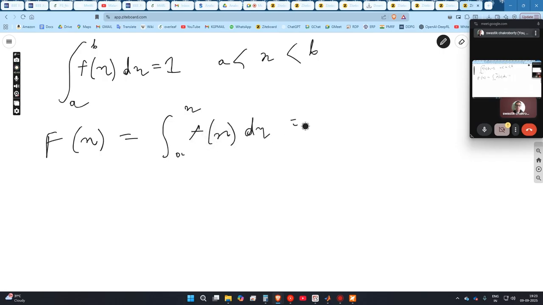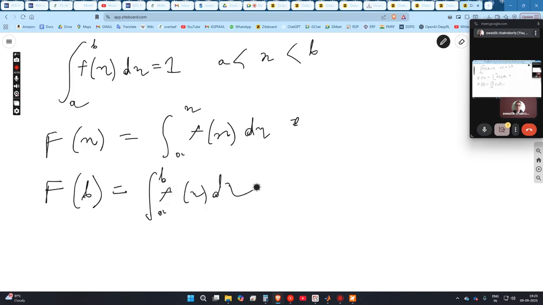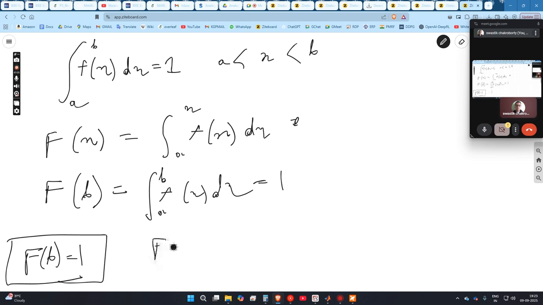So this is the cumulative distribution function. Now, what is Fb? This Fb has to be the integration a to b of fx dx. So this has to be 1. So Fb equal to 1, and at the same time fx is greater than 0. All of them always have to be positive,